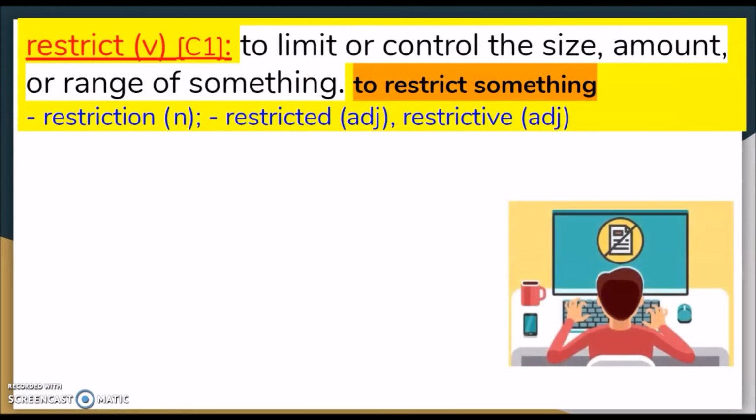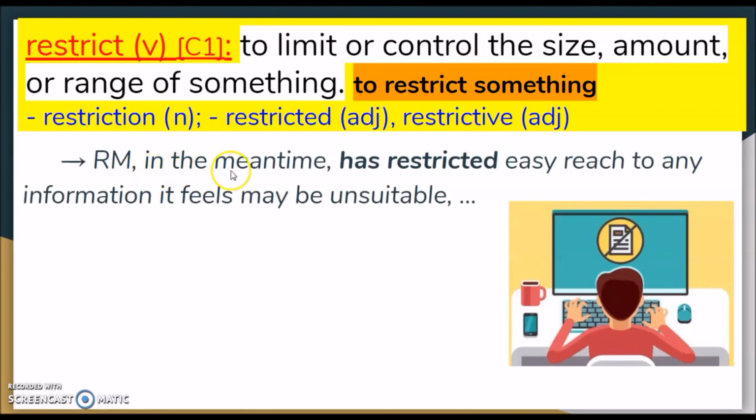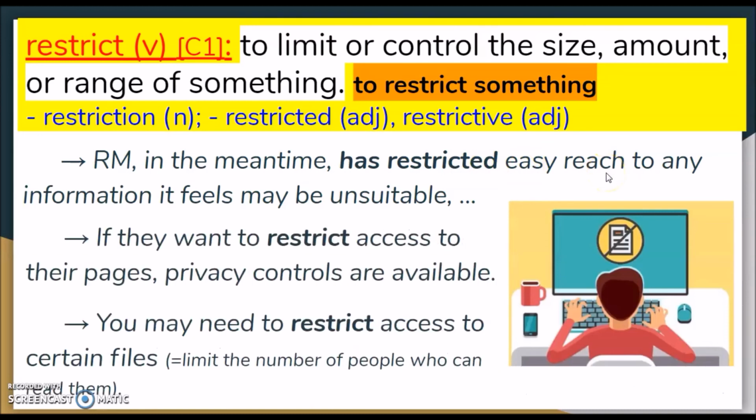The other word is restrict. Okay, that means limits the size or amount or something. Limit or control. And to restrict something. Okay, so check the word family as well. Okay, RM in the meantime has restricted easy reach to any information it feels may be unsuitable. So that means they have limited it. Okay, limited the reach. Okay, so you may need to restrict access to certain files. That means you need to limit the number of people who can read them. Okay,